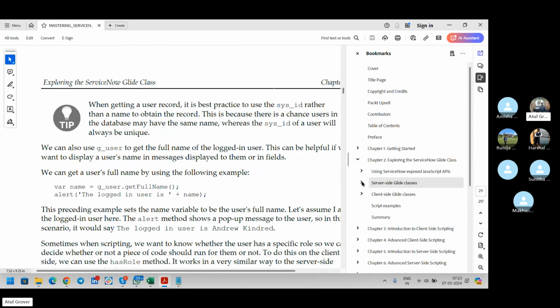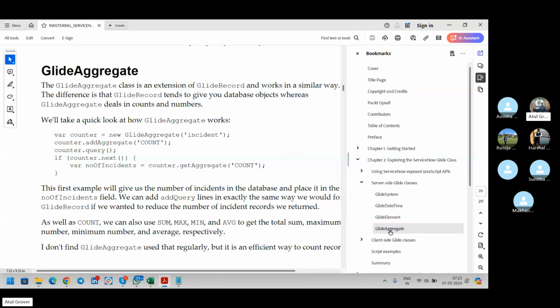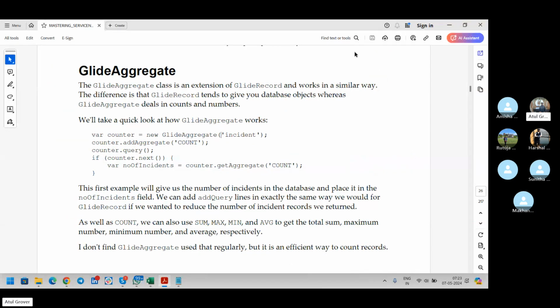Wait, we were here. Glide aggregate is the last class. Now, this is the thing which you want to do on the server side. Now if you want to do it on the